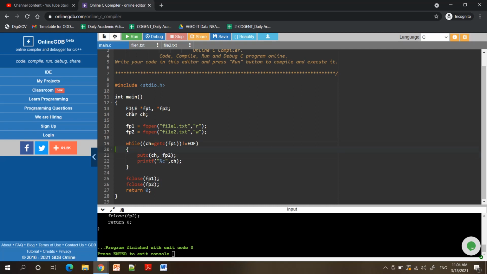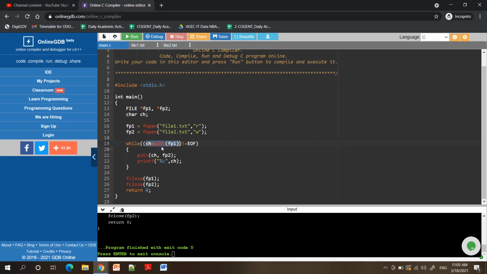For that, first of all, we have read the content from file 1 using the getc function. getc: get means to take, and c is character. This function is used to read a single character from a file. It takes only one argument, and that argument is the file pointer from which we are supposed to read the content.